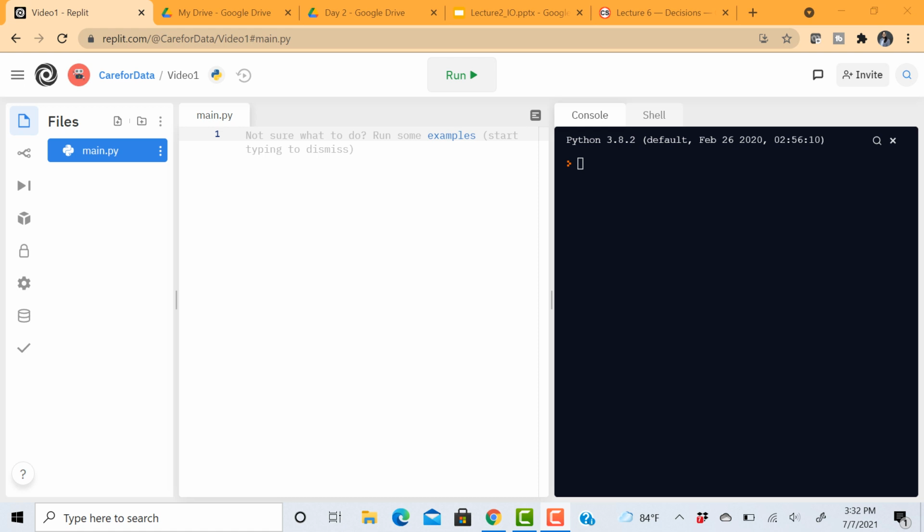In this video, we'll talk about the input-output statements in Python, like how to read user input in Python, and also about some comparison operators and another Boolean type, which is another object type in Python. So let's begin. Let us assume that in your program, you require the user to input some value, and based on that, you want to do some computation or calculation.